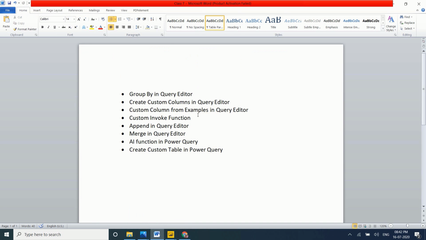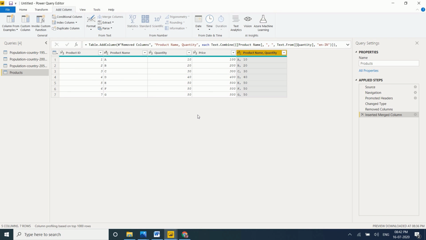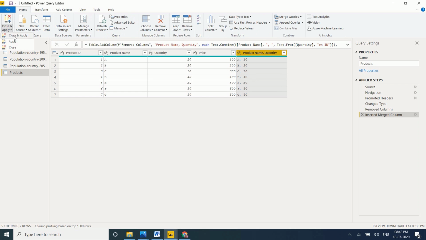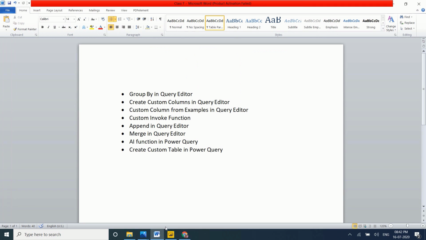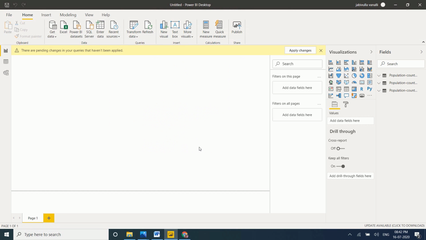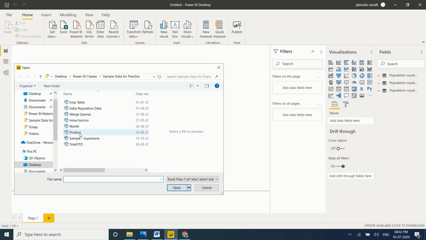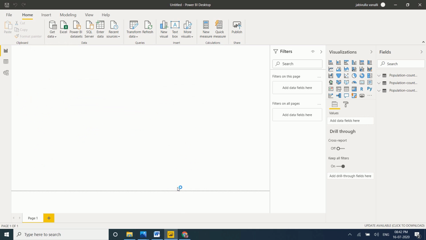Custom invoke function. This is a very important function, very useful. Okay, so let me close this. Let me load simple data to show this example. I'm taking the employee table. Let me click on load.